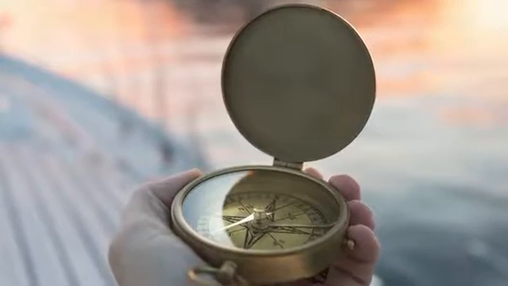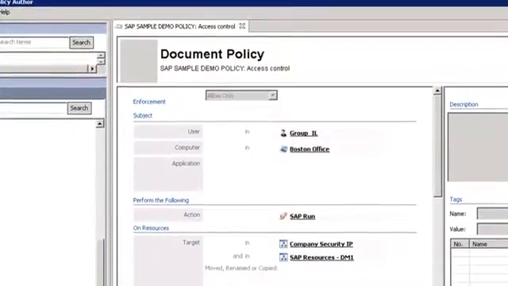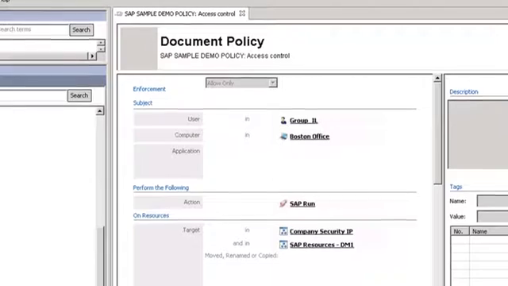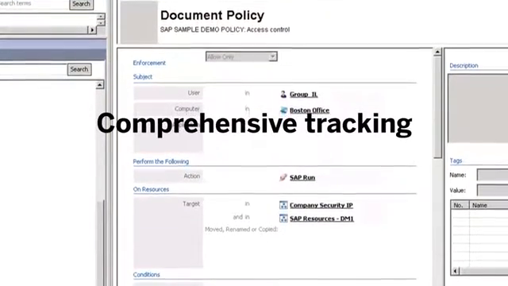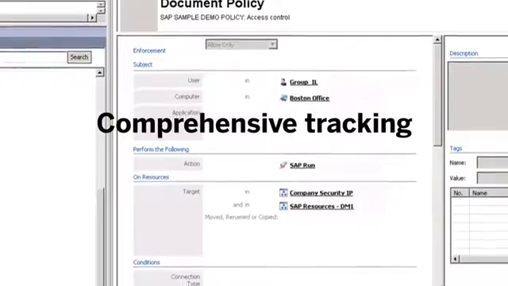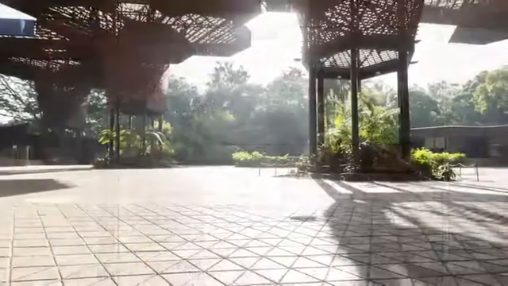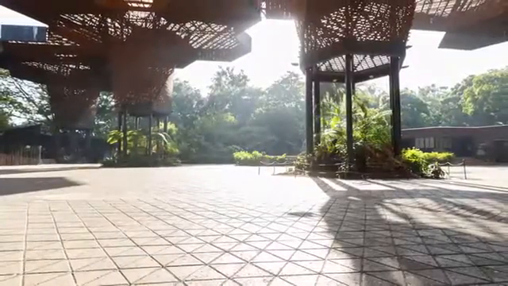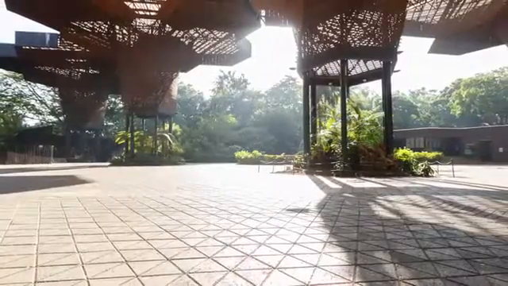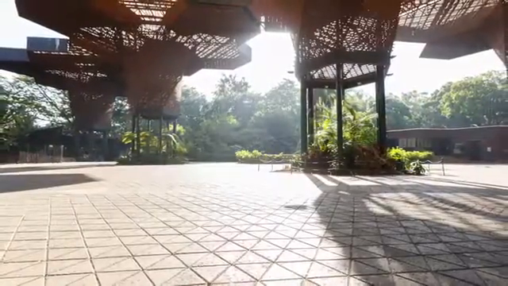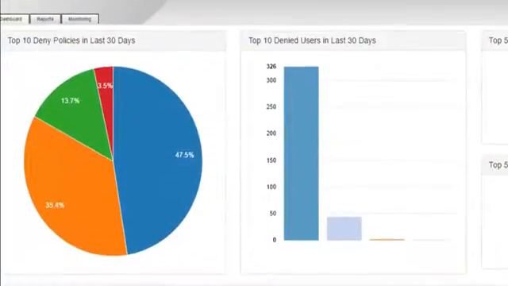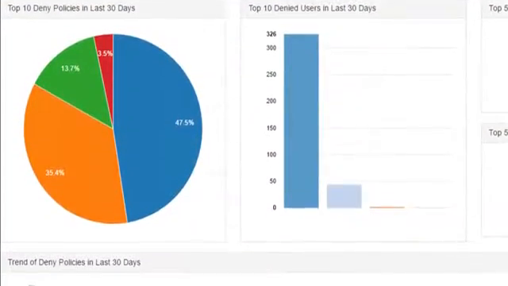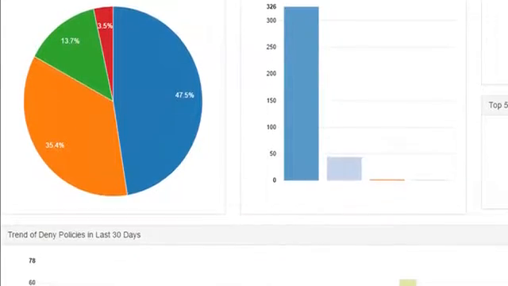and without errors. Compliance with data security policies and non-disclosure laws is streamlined too, with comprehensive tracking of all access activities associated with SAP application data. The result is the ability to highlight unusual access patterns or suspicious activity so that you can take action before breaches occur. And with a detailed audit trail, you can generate reports to demonstrate compliance with both internal policies and